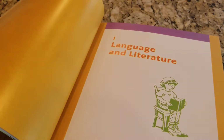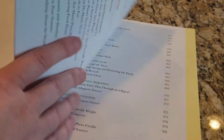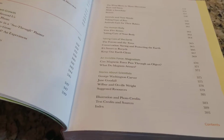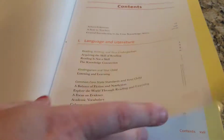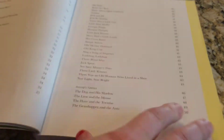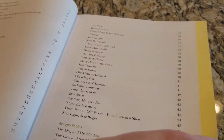A lot of it is go with your gut anyways, and so yeah. Where I would recommend buying this, if you do not have access to this book in your library and you are anxious on making sure that you covered all of the bases that you needed to know, this might be the book for you. I'll show you the table of contents so you can see what's in here. I also checked out the first grade book, and you'll see this whole section right here is repeated word for word in the first grade book. So it's just kind of similar,